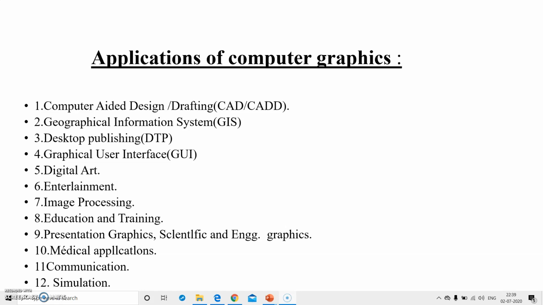The next application is in education and training. Computer graphics can make us understand the functioning of a system in a better way. In physical systems, biological systems, population trends, etc., models make it easier to understand. In some training systems, graphical models with simulations help a trainee to train in a virtual reality environment.